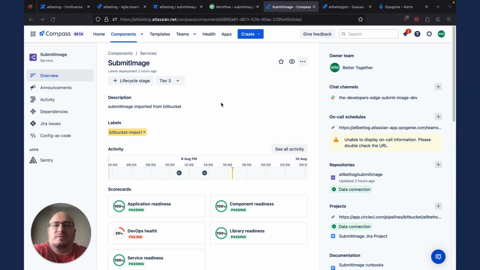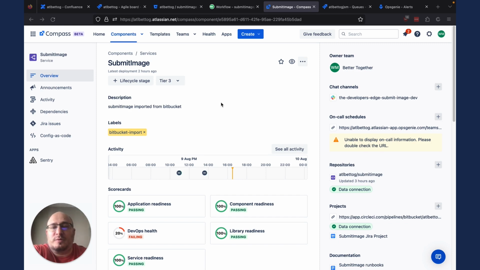At the start of every day, a lot of developers will jump onto their email and take a quick check to see if there's any communications that they need to pay attention to, anything really important that's been sent to them. Maybe they'll check their Slack channel as well to see if there's alerts or other things that have come through. Another thing we can do with Compass is go to our component page and take a look at the